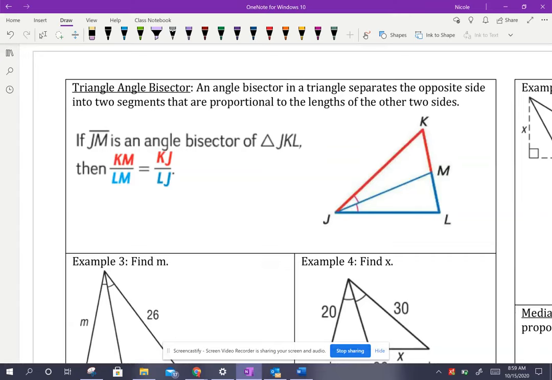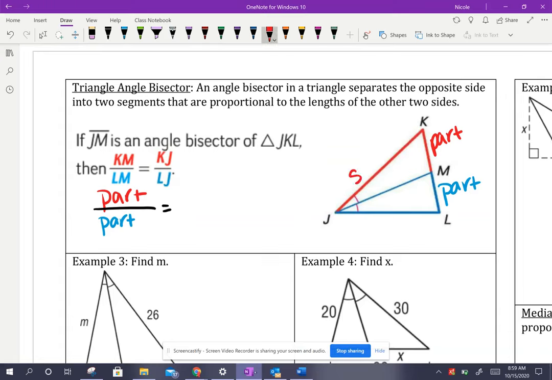Now with a triangle bisector, we're just dealing with one shape. It's one triangle that's being bisected into two proportional other triangles. And so when we set this up, we are going to say part. So here's a part, KM is a part over the corresponding part on the other piece of the triangle. And that's going to be equal to